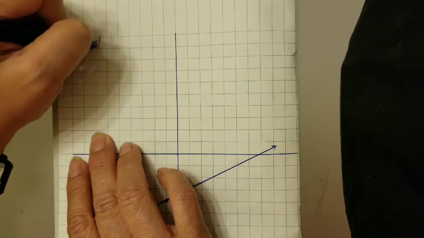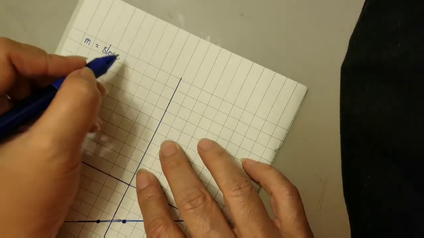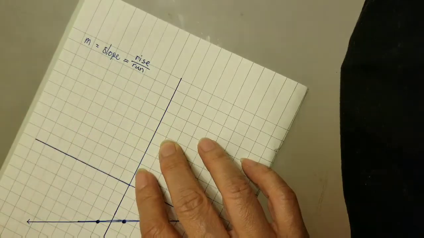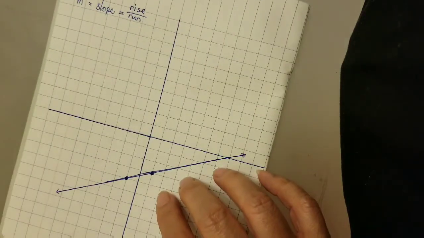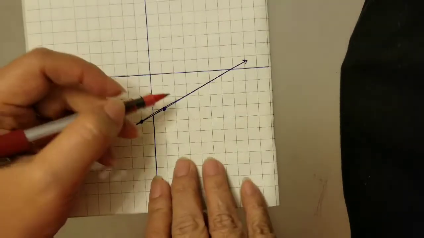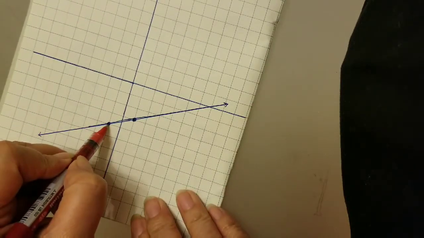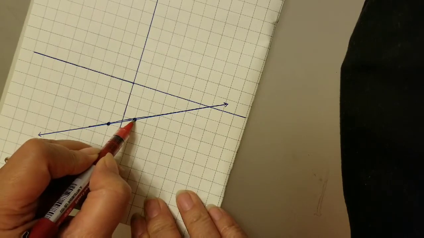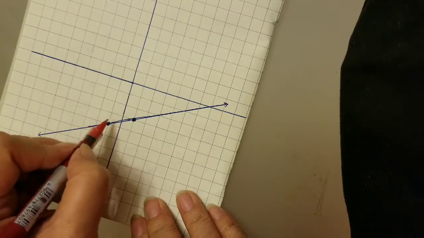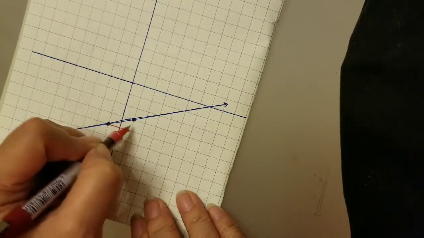M is the slope, and to get the slope, you need to get the rise over the run, okay? So if you look at this graph, remember we need to look at it like a computer game. This dot needs to find its way up to this dot, but it cannot pass the slant. It has to follow the grid, okay? So if you look at the way it travels, it needs to go this way first, and then it needs